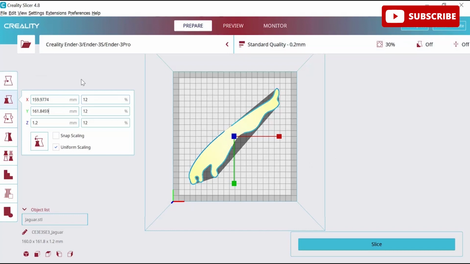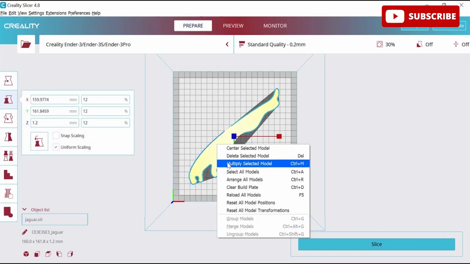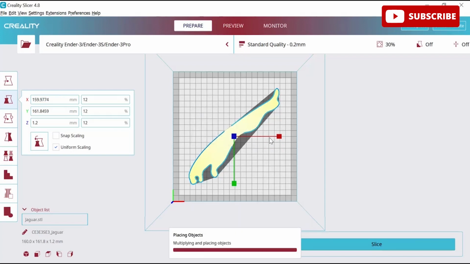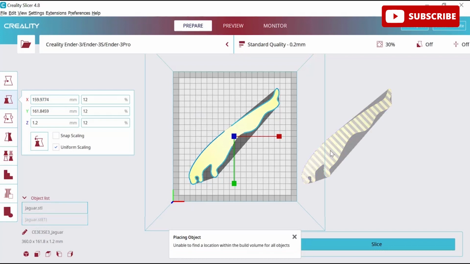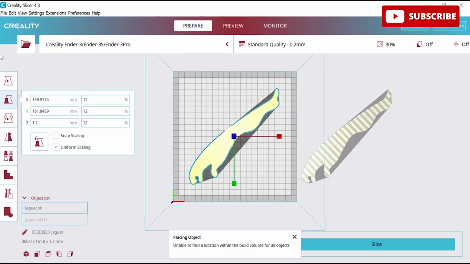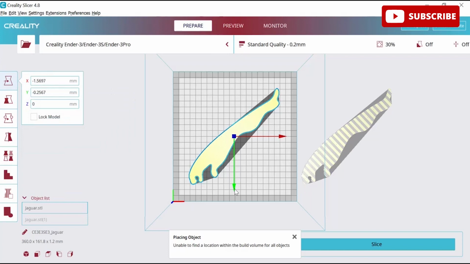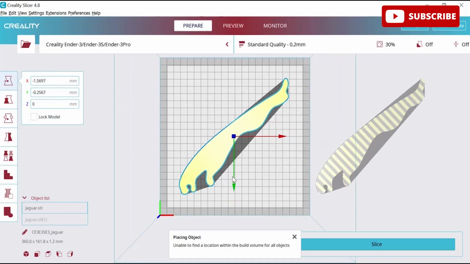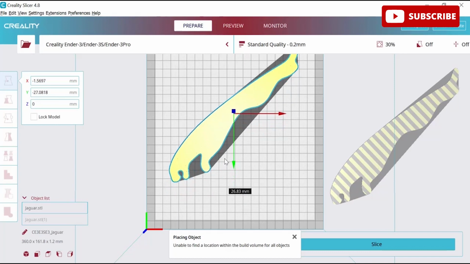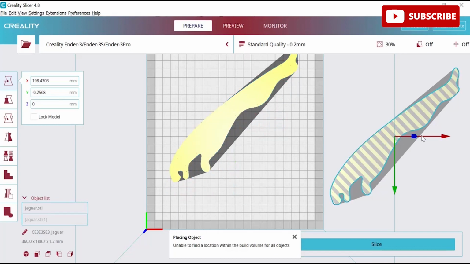So now we will multiply this particular design. So here we'll right click and then choose multiply selected model. So it will ask for a number. So I want 1, and now we can see here one more design is there. So as of now, first of all, let's move this. Let's move it a little bit up. We can zoom it, and then we can move it accordingly so that we can align this another